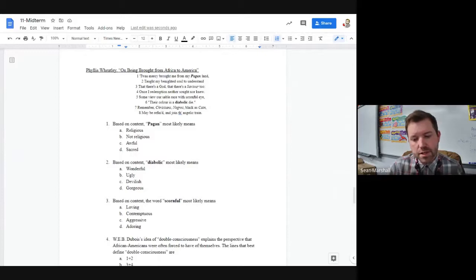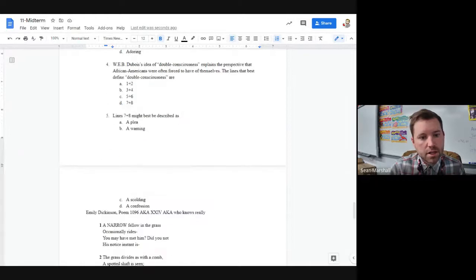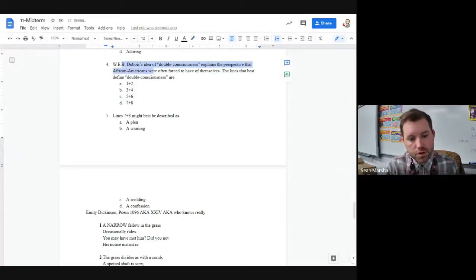The last 2 sections of the test offer some things that we have not read before, both of which are poems. So this first one is from the 19th century or the 1800s, a female African-American poet named Phyllis Wheatley, "On Being Brought from Africa to America," which is arguably her most famous or one of her most famous poems. And I've listed it here in slightly smaller font so that we can fit it into a certain amount of pages. The first few questions you can see are based on vocabulary, but it does include some purpose-based questions here. Likewise, when you see the right answer, just go to highlight, boom, just like that.